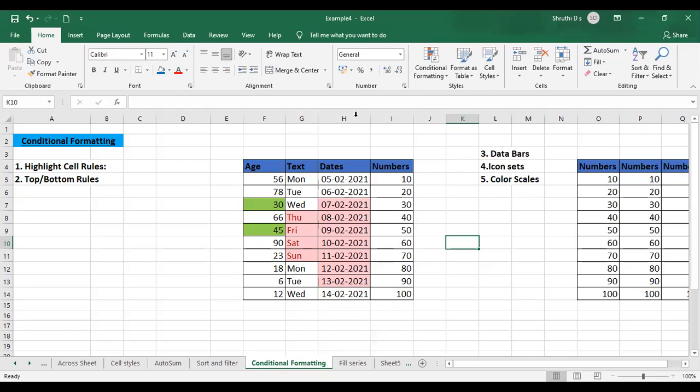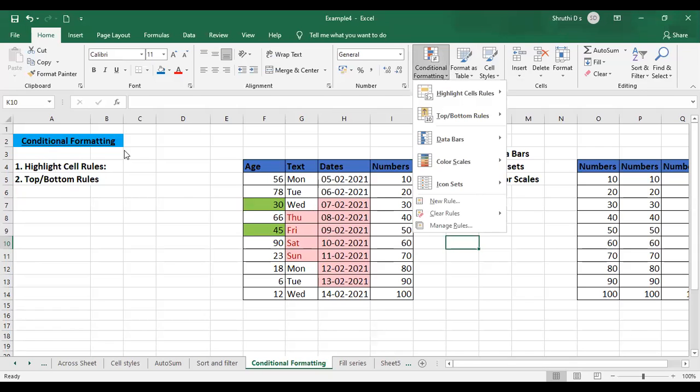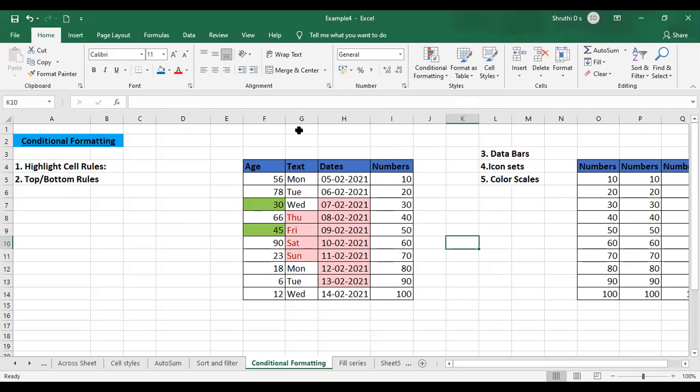So this is about your conditional formatting with highlighting the cell rules, highlighting different cells with rules. That is what it means, wherein we are applying different conditions. What are the conditions we can apply? Equal to condition, greater than condition, lesser than condition. And we can also go with some particular text, right? And also we can select the duplicate values or unique values.